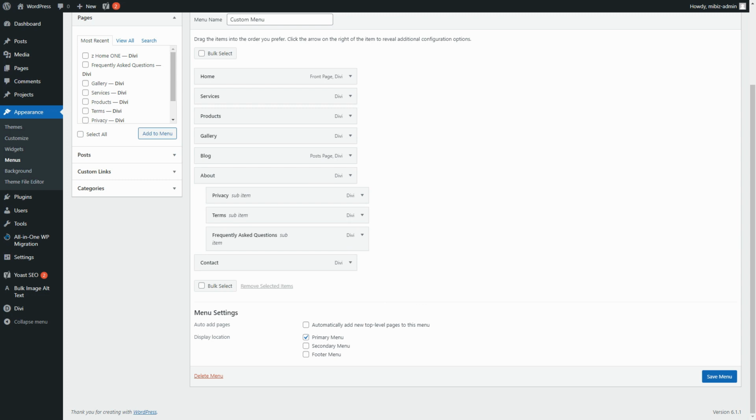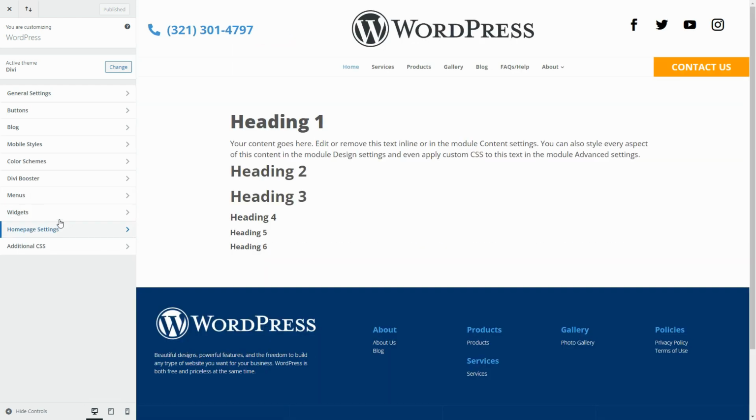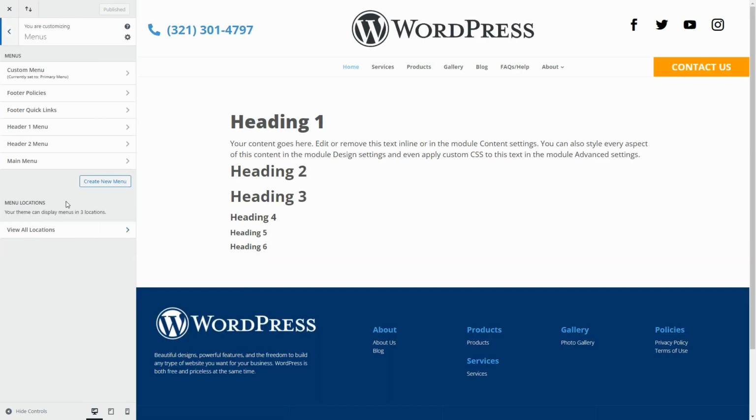So you could go into the customizer. So the theme customizer does allow you to edit the menu. So if you go in there and you go to menus, you can create a new menu here. Now there is one advantage to that, and that is that when you create the menu here, you can see, as you create the menu, you can see everything here. So it'll help you organize the menu a little better. So where you do it is up to you, but